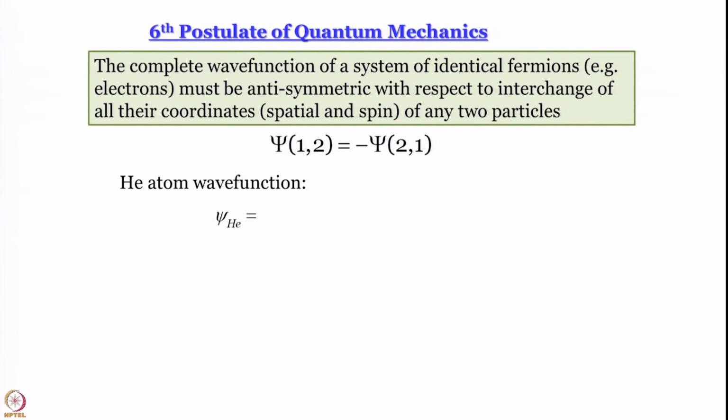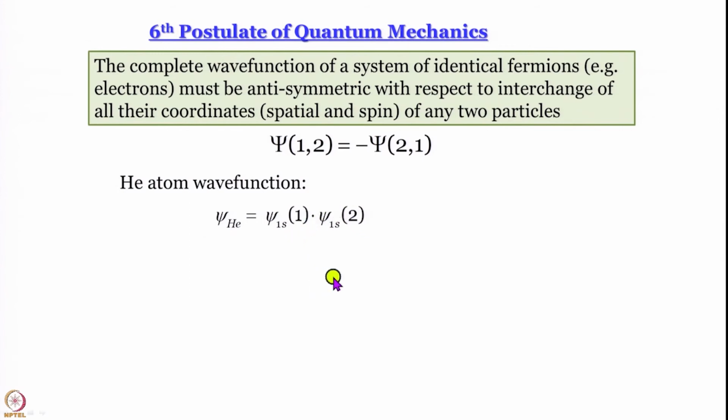So, now let us try to write the helium atom wave function, knowing very well that the complete wave function has to be antisymmetric with respect to exchange of the coordinates. First of all, let us start with this psi 1s1, psi 1s2. We encountered this in the previous slide, I hope you remember. This means both the electrons are in the 1s orbital. Then what will the corresponding spin part be? To say that, first tell yourself,